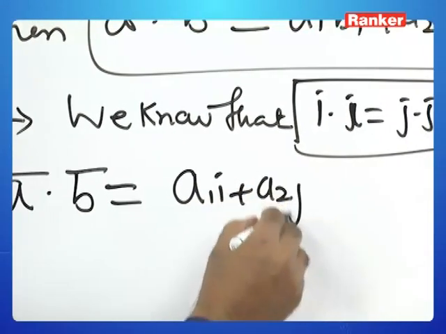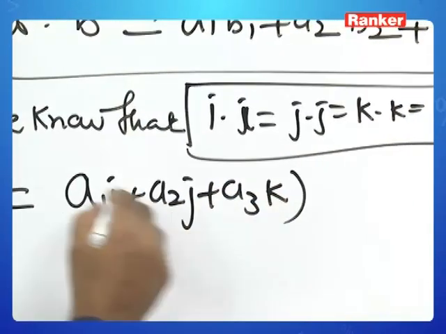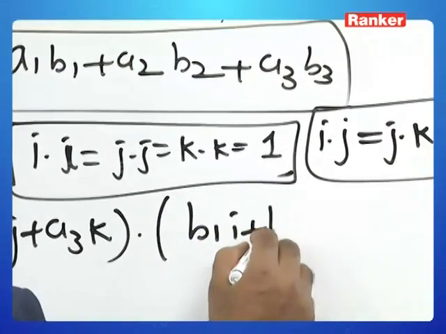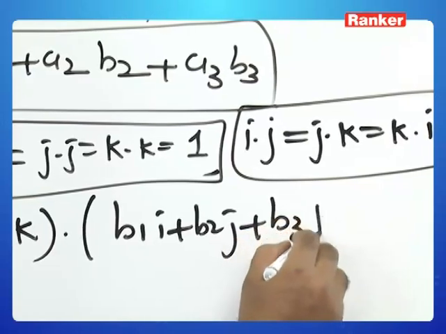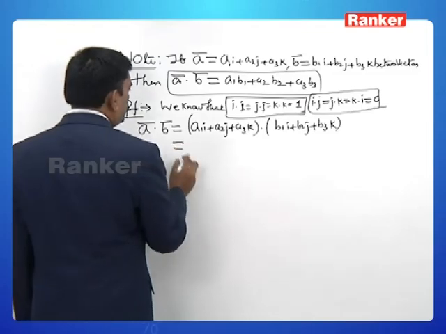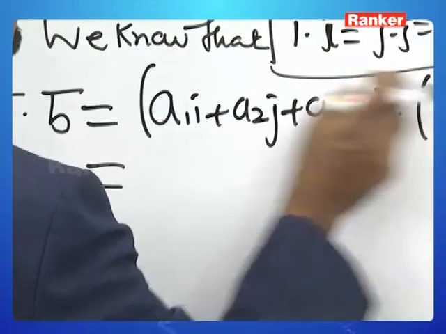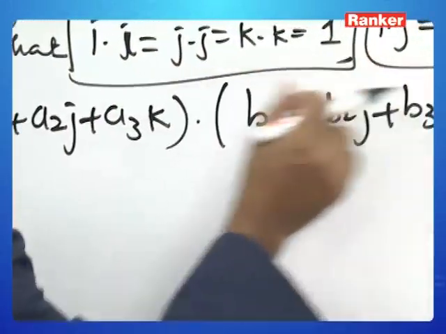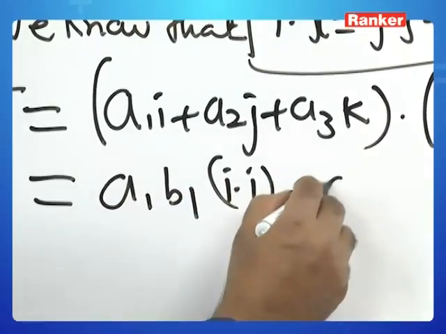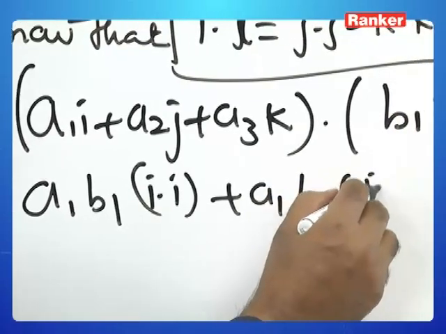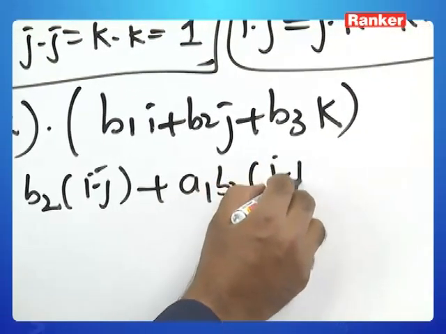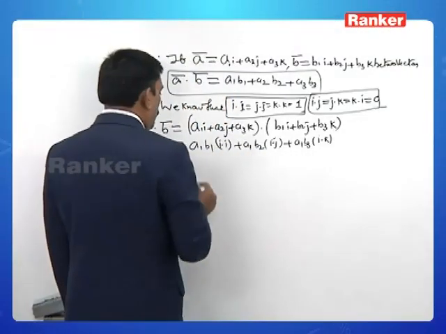A1 i, A2 j, A3 k dot B1 i, B2 j, B3 k. Now, you take the dot product of this with this, this with this, this with this. A1 B1 into i dot i, A1 B2 into i dot j, A1 B3 into i dot k, plus